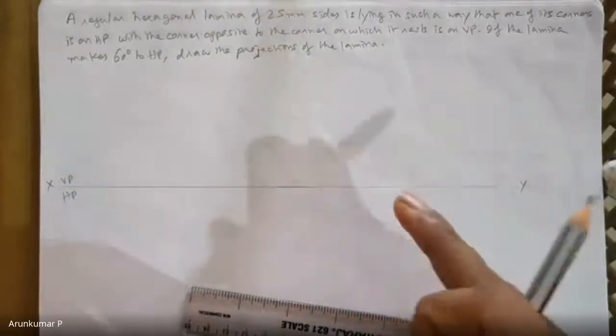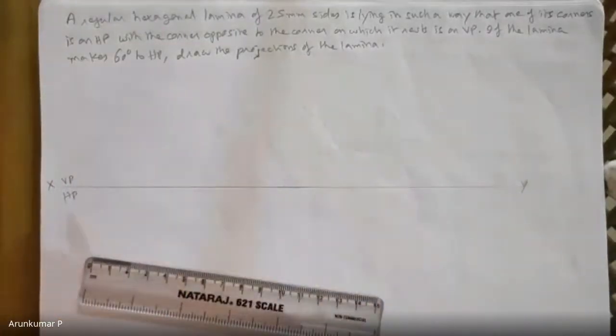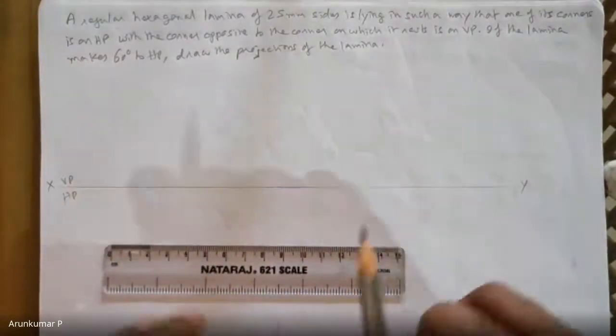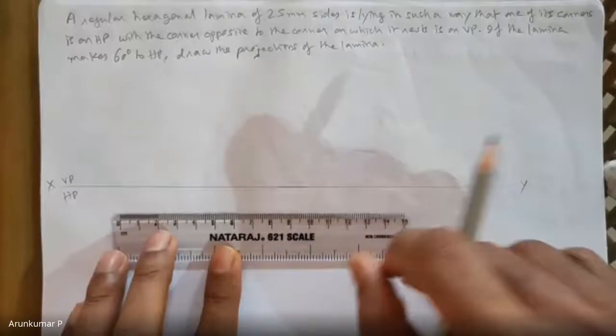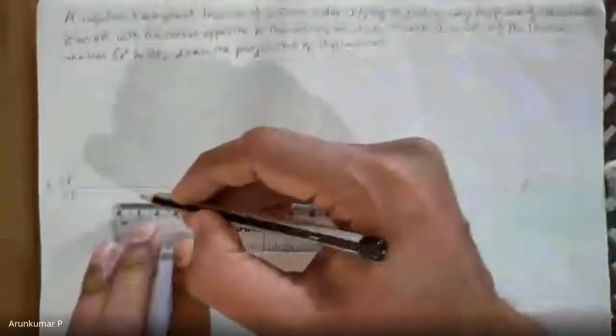If you want, I can show you the side view also in this case. Let's see. Let us draw the front and top, then we'll see. So we want a corner on the left side. So here, what you'll have to do is you'll have to start with the edge because you need a corner on the left. So maybe you have to start like this.